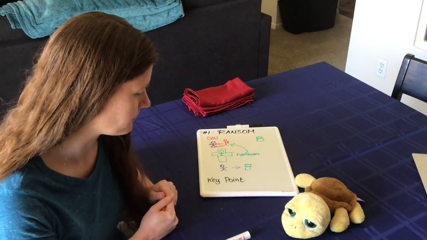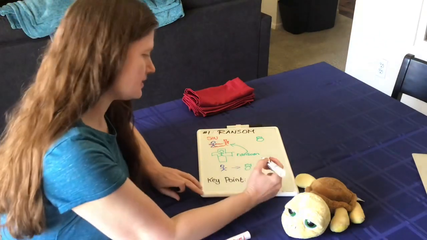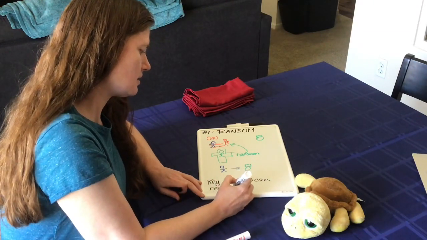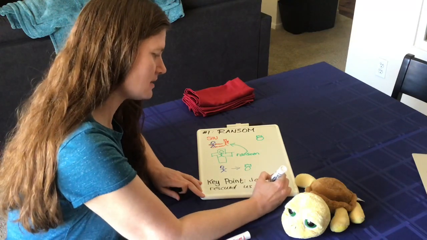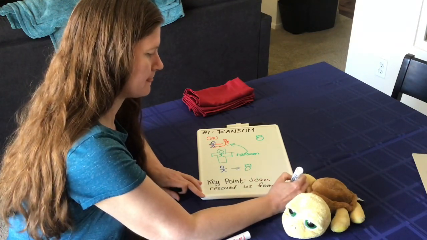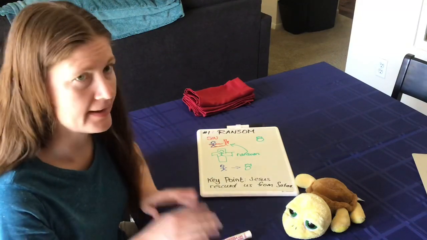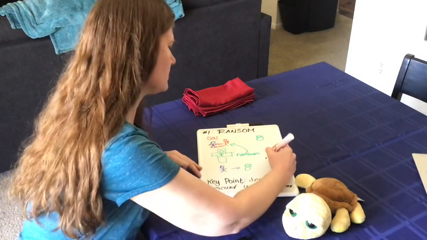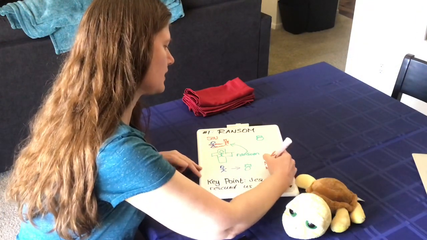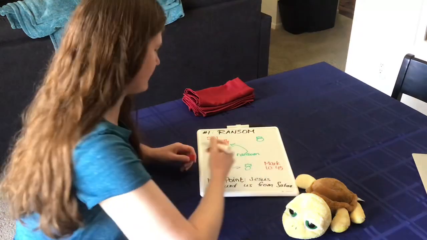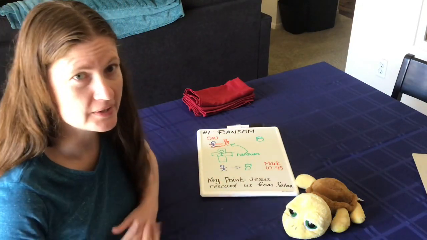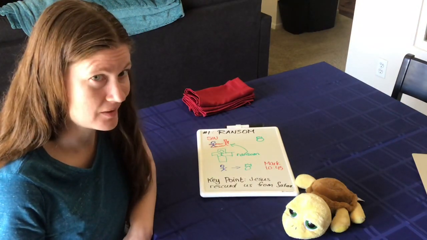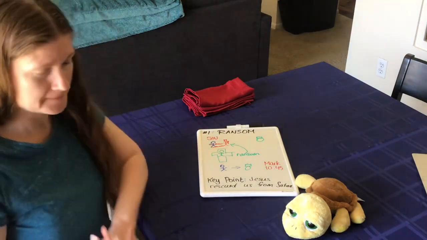God again. So the key point of this is that Jesus rescued us from Satan and paid the ransom for that. And also, a verse that you can look up for this is Mark 10:45, which says that Jesus is the ransom for our sin. So that is the ransom explanation of how atonement works.